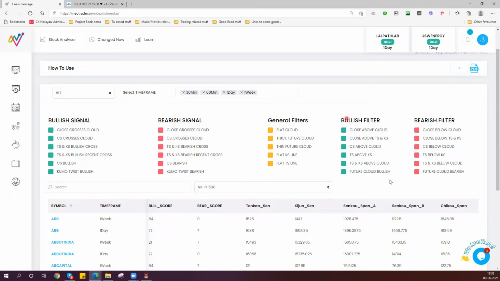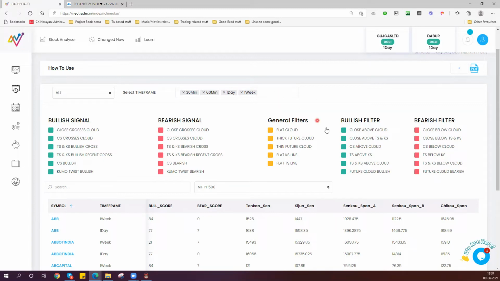So now, when all the 6 conditions are met, then it will be designated as a bullish stock in that particular time frame. So what NeoTrader does is it takes all these status situations and makes a status report for the stock. Then it will look at the weekly chart, and look at all this vis-a-vis the weekly chart.